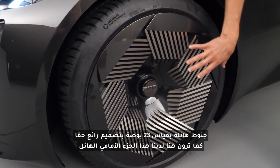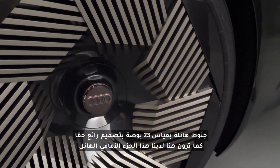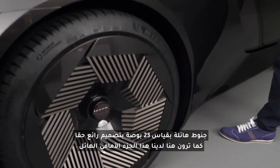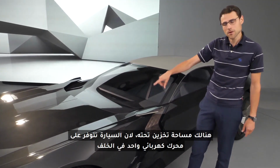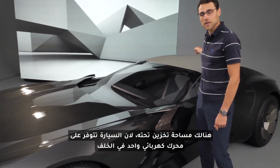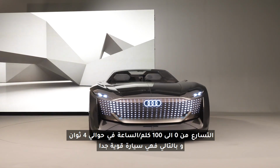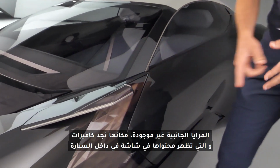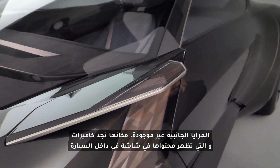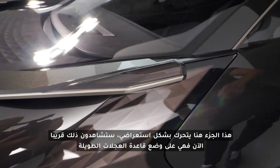Massive 23-inch wheels, really spectacular design, and you can see once again this huge long hood, and there's storage space underneath because there's just one electric motor in the rear and acceleration in about 4 seconds, so really powerful one. Side mirrors are not present. These are cameras which will project a screen or a mirror into the interior,